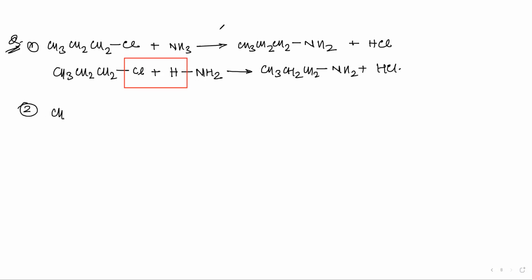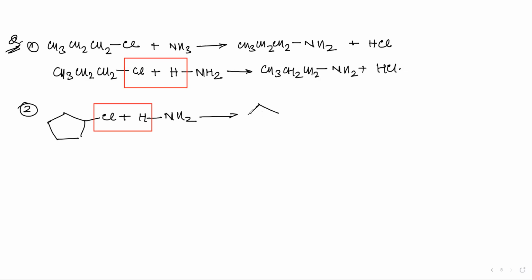Let us get something which is cyclo. For example, we have cyclopentane and it has Cl. Plus I will write hydrogen like this and I will write NH2 like this. This is NH3 only. Okay, I have distributed it in this way and I will give it this sign, and you don't have to give me this red sign in the examination. Just for your memory you can write it like this. Now if you want to identify what the reaction is taking place,